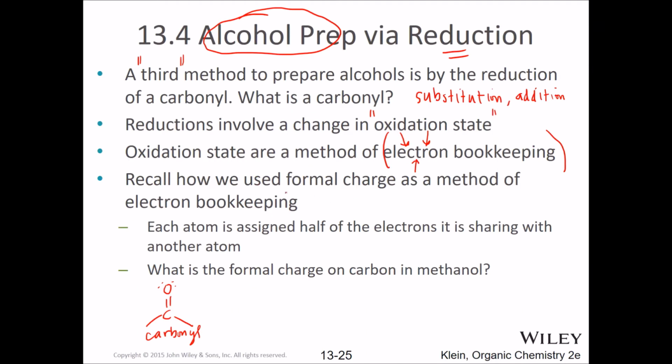Now we used electron bookkeeping before in the context of formal charge. With formal charge, each atom was assigned half the electrons it was sharing, and it was assigned all of the electrons that it wasn't sharing, and that was important too. So what's the formal charge of carbon in methanol? Carbon in methanol looks like this. What's the formal charge of carbon in methanol? And it's 0, right? Because it gets half